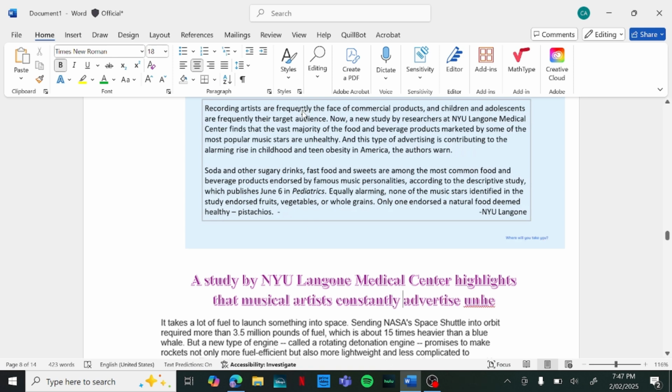You can use the same frequently. You can use the words in the passage as long as you're keeping it in one sentence and you're using connectors to make sense of the entire thing that you're writing. So you can write, a study by NYU Langone Medical Center highlights that musical artists constantly advertise unhealthy